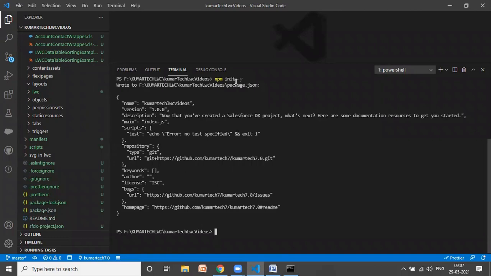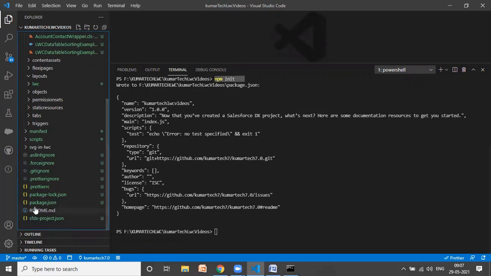So guys, now you can see this command. Basically it has now installed all the packages. And now if I go down, there will be a file named package.json. You can see it in this package.json. Let me show you.